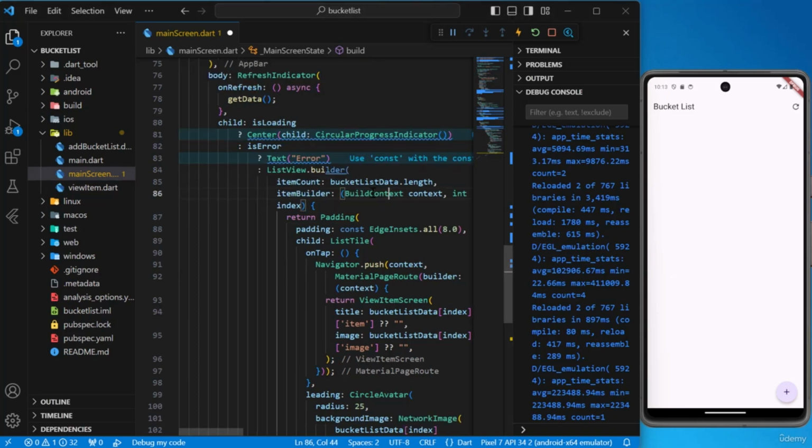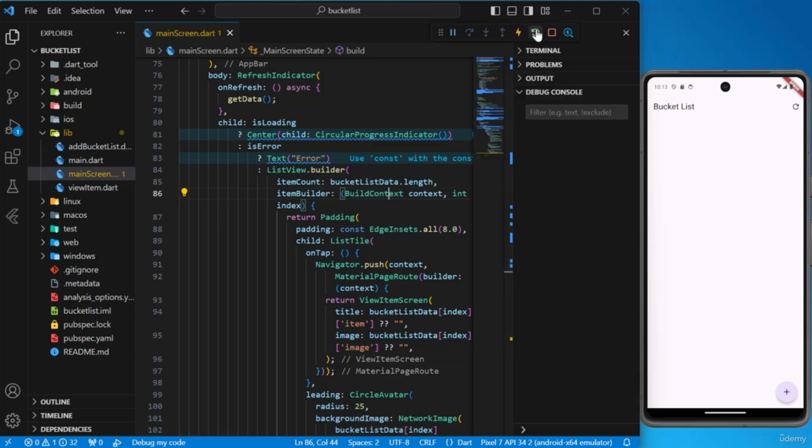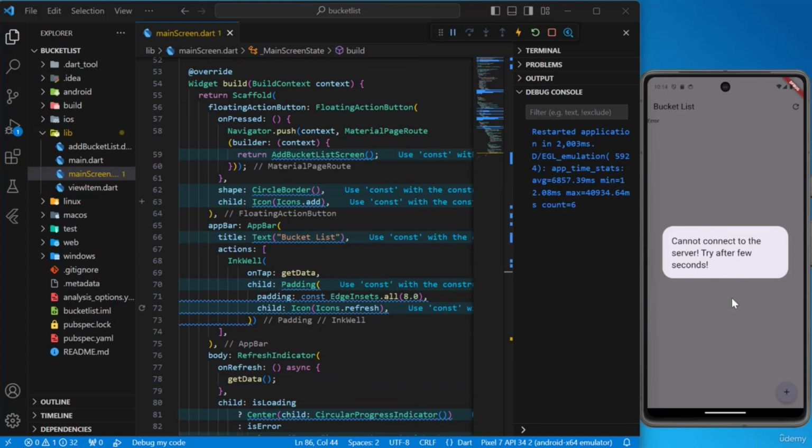So let's save it, and now let's hot restart the app. And here you can see that we have an error message instead of a list view. Alright, so now let's remove this alert dialog because this will